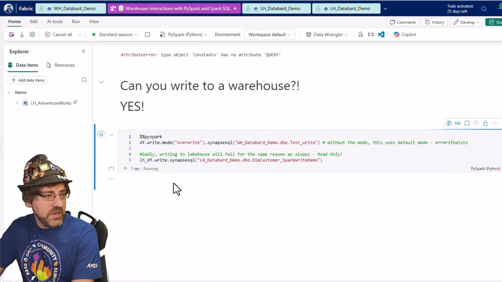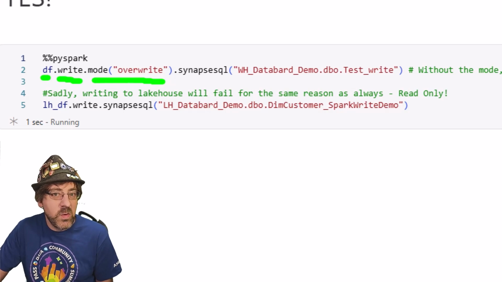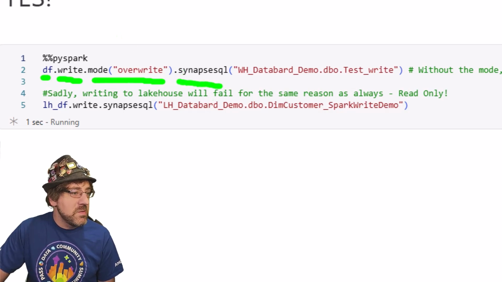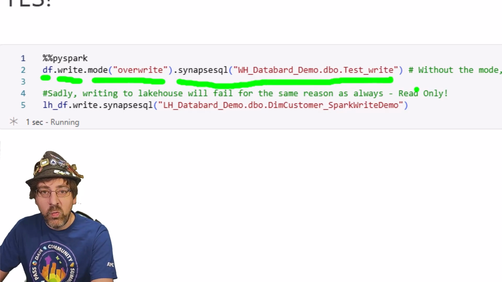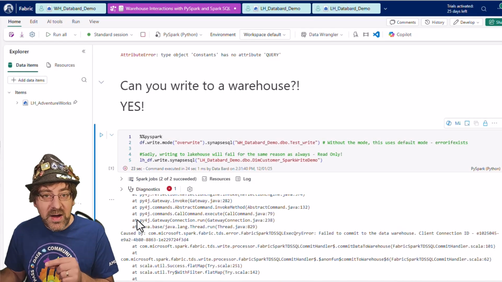A very simple adjustment to our data frame call, df.write.mode overwrite, same as we would have done otherwise if we were doing this to a lakehouse, but then we use this .synapsesql again with a 3-part identifier, and we can successfully get this to write to a warehouse